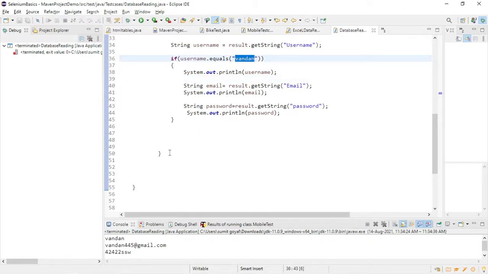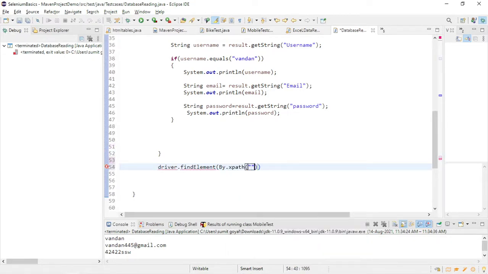So now once you get the name, suppose I want to send that data in one of the forms, driver.findElement. I'm just writing it here, you can try later. Then you need to find the element with the help of XPath or CSS. And then when I say dot sendKeys, I need to send this data.